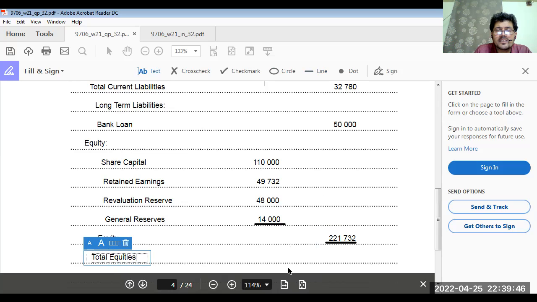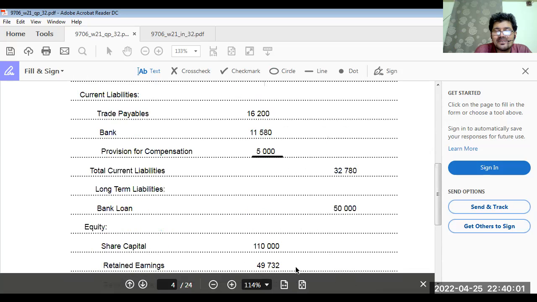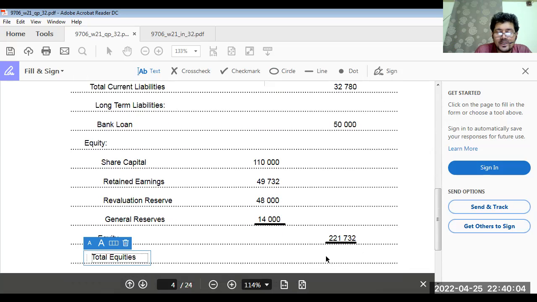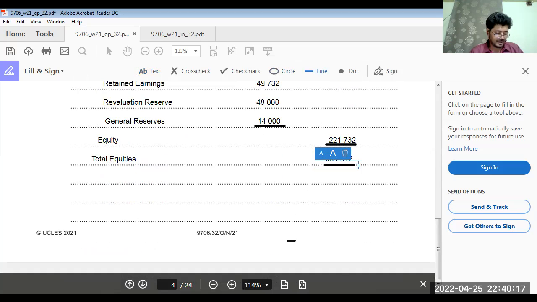See, total current liabilities, 32,780 plus 50,000 plus 221,732, that is 304,512. Oh, yes, it's equal to total assets. Good. 304,512. Yes, it's balanced. An accountant gets much happier when he gets an agreed balance sheet than getting married. Okay,